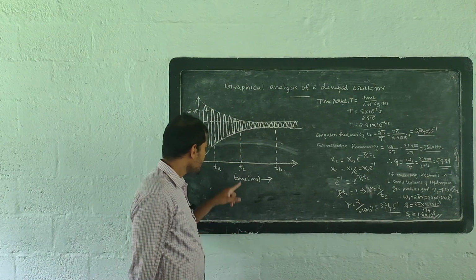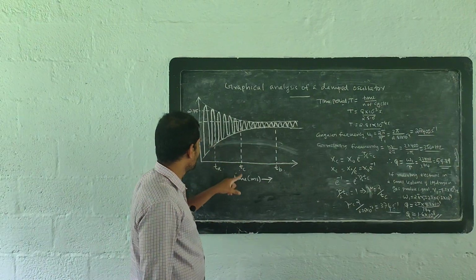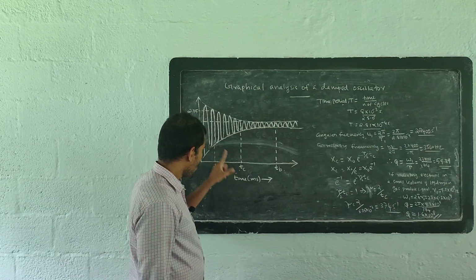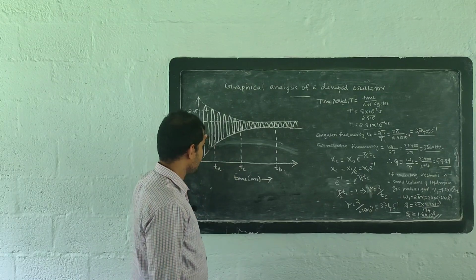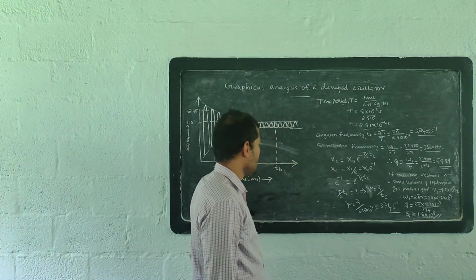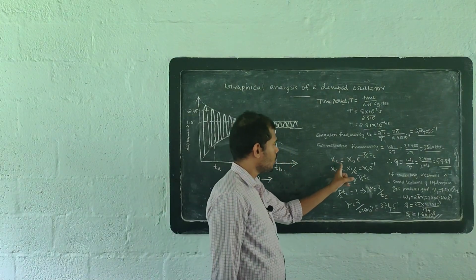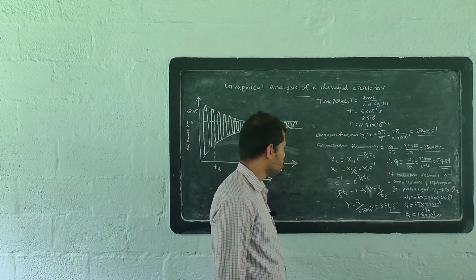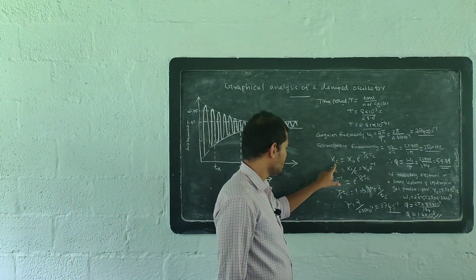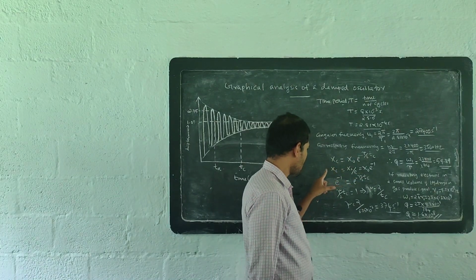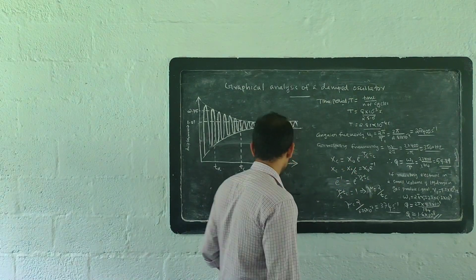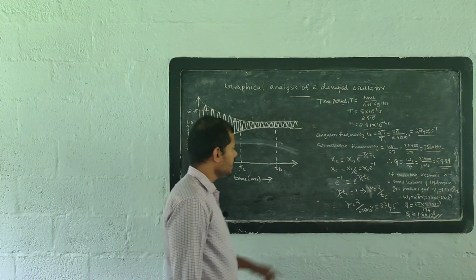Here, the displacement of the damped harmonic oscillator at the time Tc is Xc. We know the expression for amplitude: x is equal to x0 e raised to minus gamma by 2 t. At time Tc the displacement is Xc, so we can write the expression for amplitude as Xc is equal to x0 e raised to minus gamma by 2 Tc. But if we analyze the graph at time Tc,